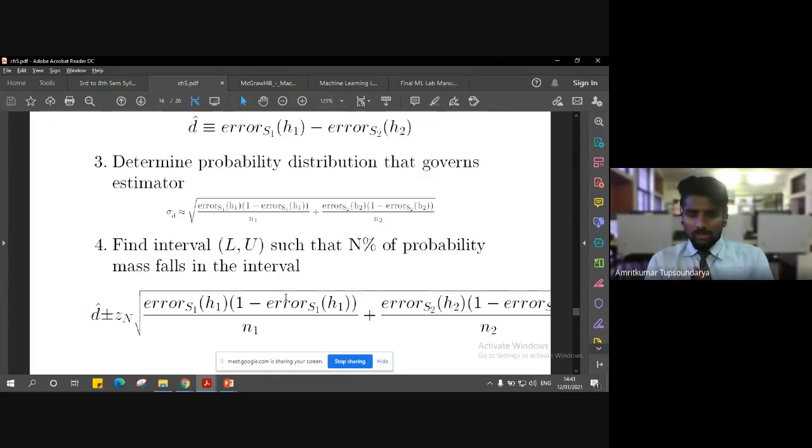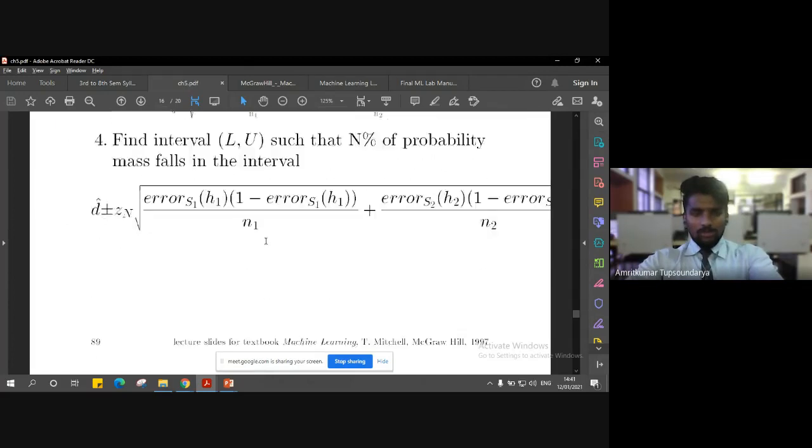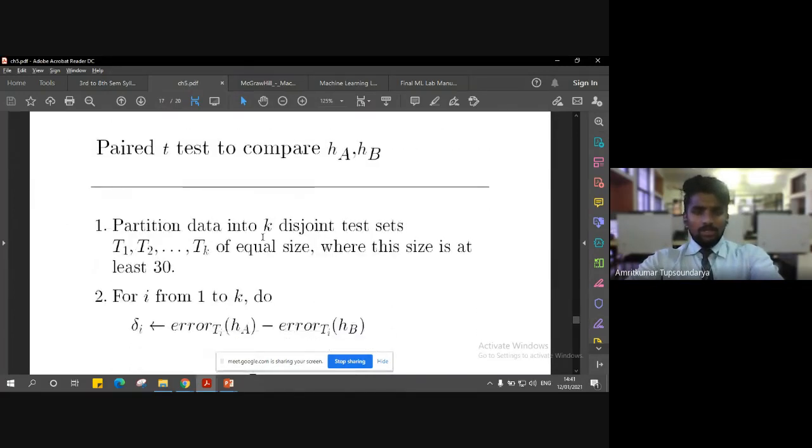Let us move further and understand more in depth. What is the difference in the errors of these two hypotheses? The formula is quite clear, but let us go further into depth to check the paired t-tests to compare these both hypotheses. Let's name them HA and HB.